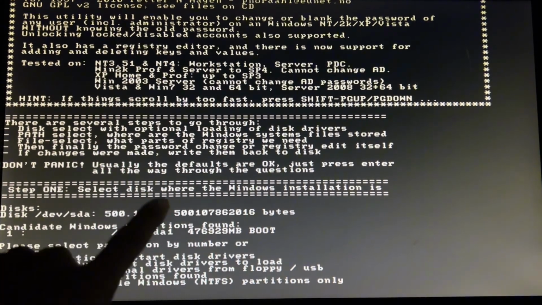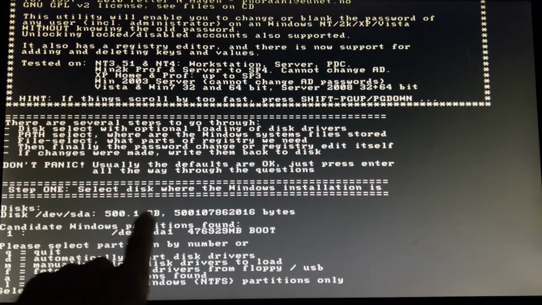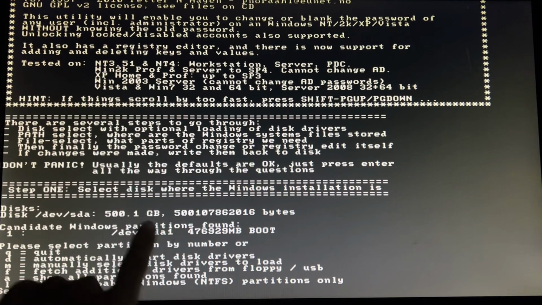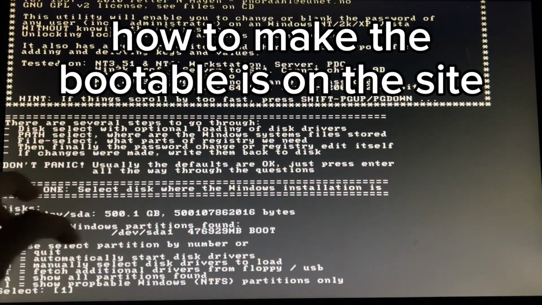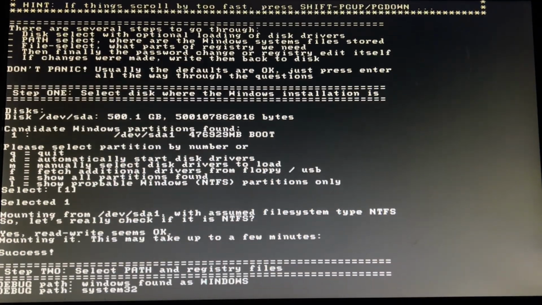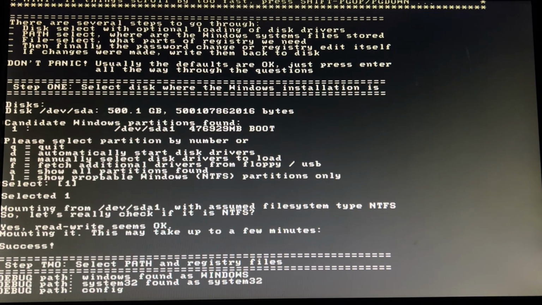So you see here's the hard drive, 500 gigabyte. If there were more hard drives, you would see different hard drives or partitions. But it defaults here. So if you just push enter, it's just going to go to 1, because there's only one partition on this drive. And then it should go to,